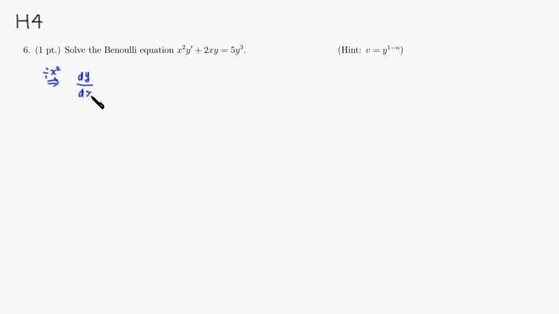Dividing by x squared, we get plus 2 over x times y, equal to 5 over x squared